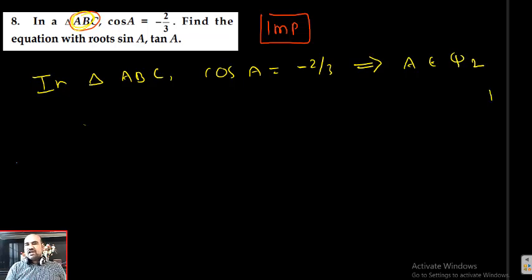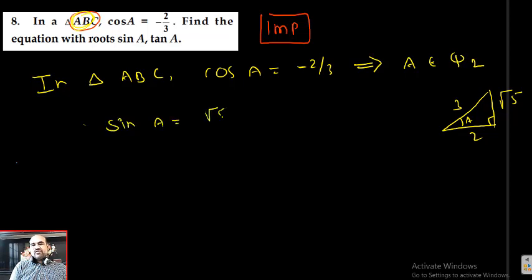Now, by using a small right triangle, I want to complete all trigonometrical ratios. I am assuming that A is acute here. Actually, A is obtuse. But to find the remaining trigonometric ratios, you assume that A is acute and write all sides of that right triangle. After that, you can find all trigonometric ratios, and after that, you can find their signs. Here this is 2, this is 3, this is root 5. What do I want? Sin A and tan A. Sin A is root 5 by 3, and since it is in the second quadrant, plus. Tan A is root 5 by 2, and since it is in the second quadrant, I should write minus.